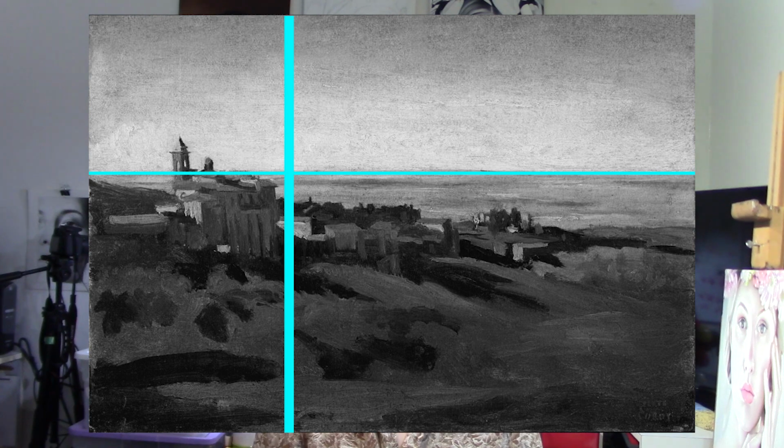So that's one thing that was really interesting, and then you'll see later on in the other painting where he also uses a very similar composition using the golden ratio, or the golden mean, or we also call it the golden rectangle. So having said that, we took a look at it in a very drastic, very contrasted way,